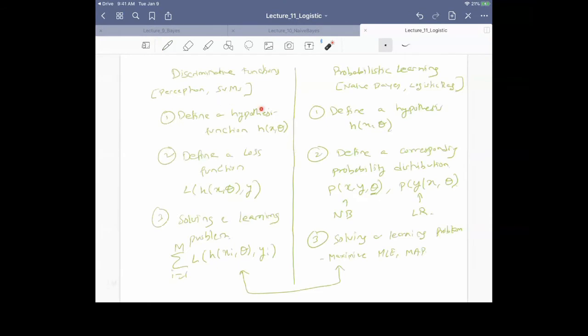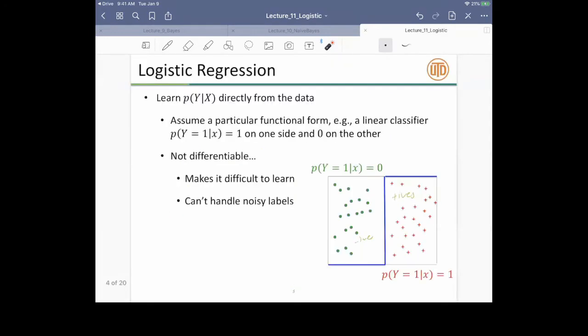So when we were in this case, we saw empirical risk minimization, or the case where we are exactly trying to optimize the 0-1 loss. In some sense, this probability distribution is exactly like the 0-1 loss, because it assigns a probability of 1 to every positive example, and a probability of 0 to every negative example. This is like the perfect classifier that we are trying to solve. Unfortunately, this is going to be difficult to learn.